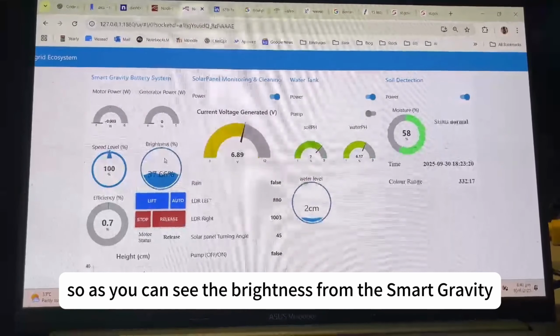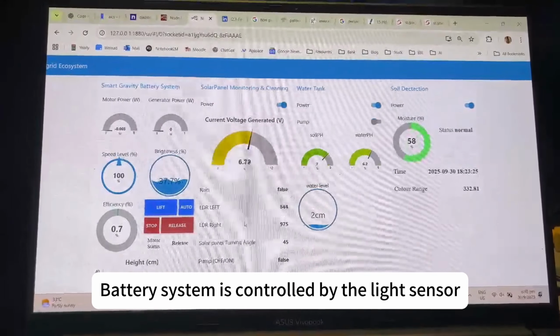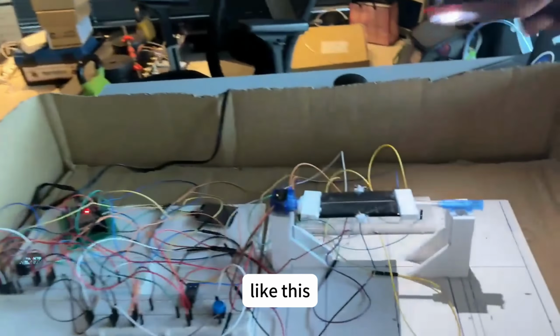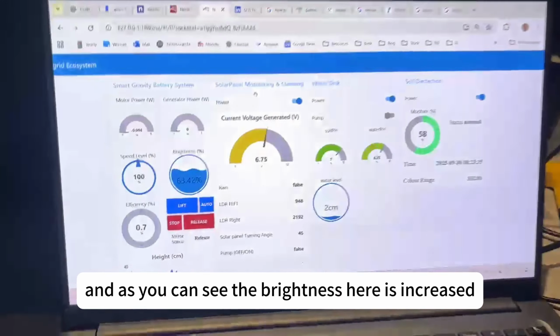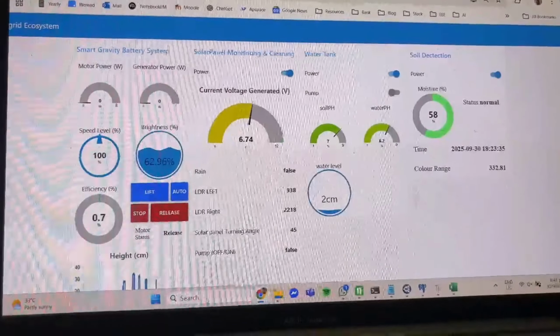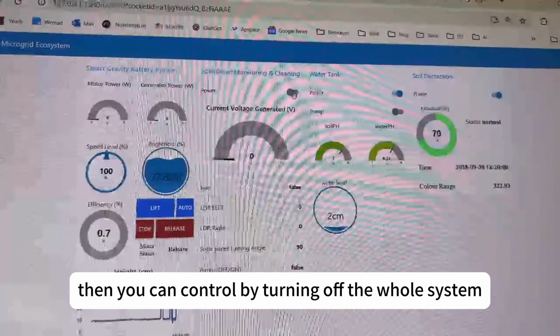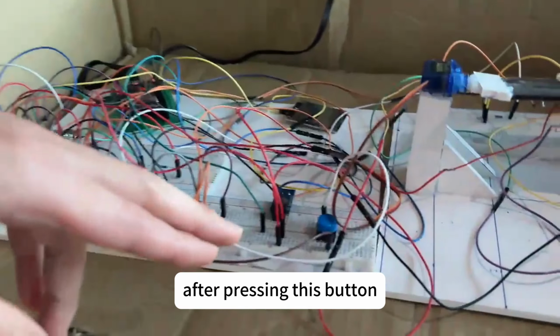So as you can see, the brightness of the smart gravity battery system is controlled by the light sensor on the solar panel monitoring system. Like this. And as you can see, the brightness here is increased to 60 something percent. Then you can control by turning off the whole system. And now the pump, after pressing this button,